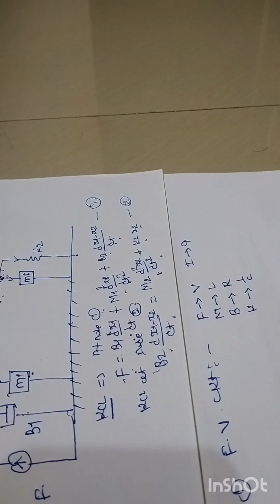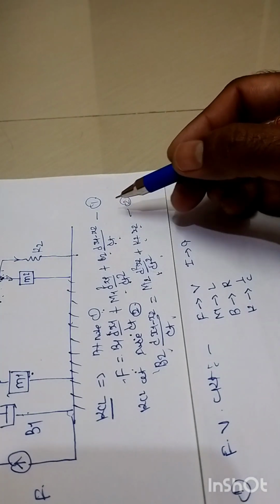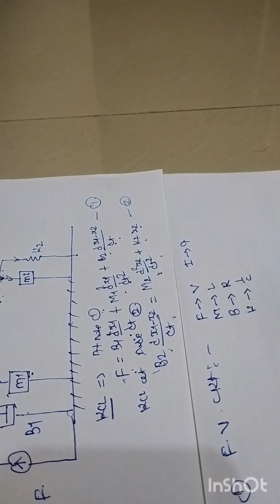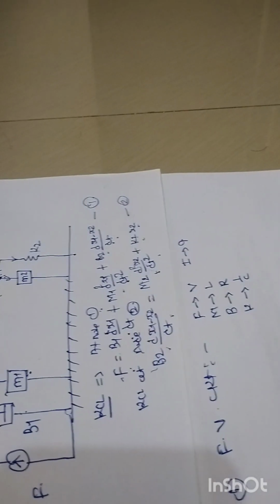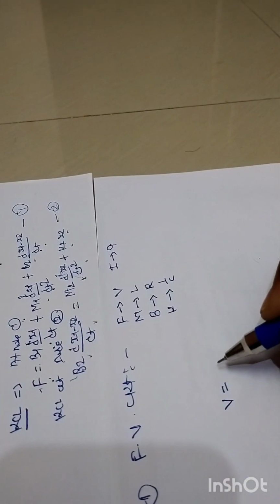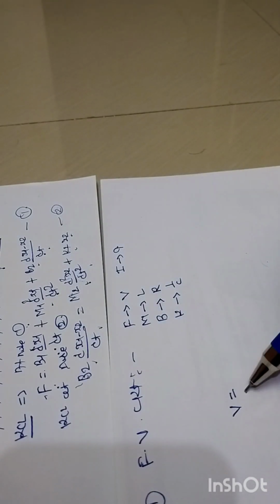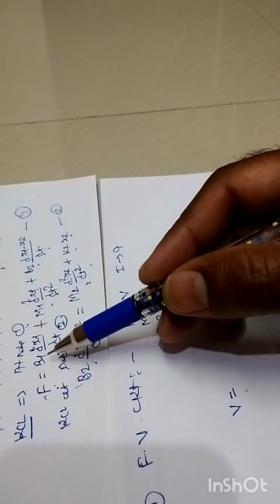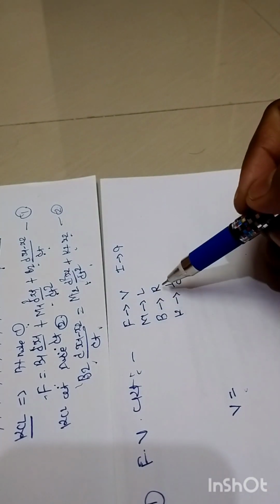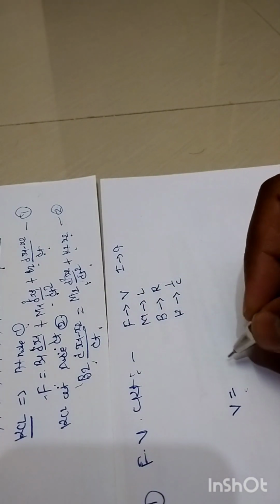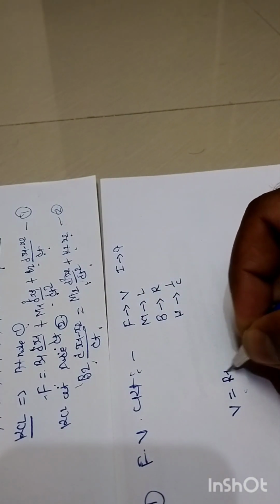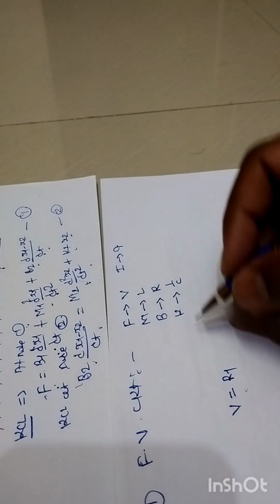As we know, equation number 1 is written for F. This F will become V, because force is analogous to voltage. As a result, F is analogous to V. Then the damper is analogous to R, so this B1 will become R1, followed by